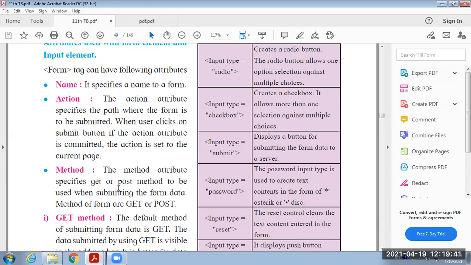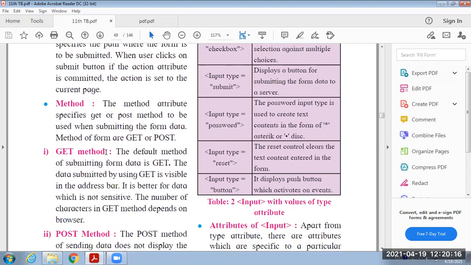Method attribute specifies the get or post method to be used when submitting the form data. In general, two methods are used to submit or process the form data. First method is the get method and second method is the post method. These are the three main attributes used while specifying the form. After specifying the form in an HTML file, provide name, action, and method. We will see it practically later on.